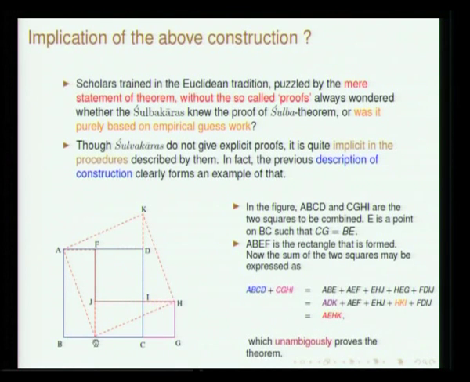Now, if you look at this triangle ABE, if it is chopped off and rotated, it turns into ADK. So, you have to just rotate it at A, and then think of this triangle HEG, and if you rotate it around H, it will go and occupy the space HKI. So, this is essentially the proof of the so called Pythagoras theorem. In fact, this proof has been discussed in Yukti Bhasha too.